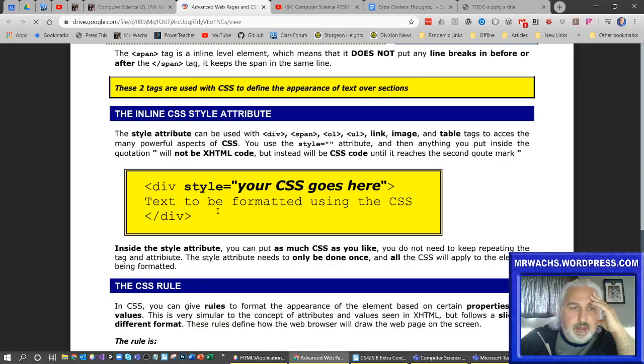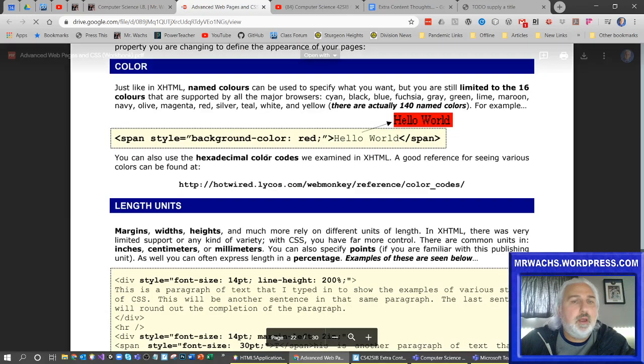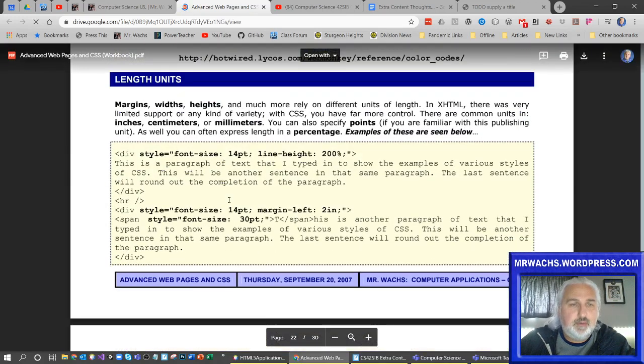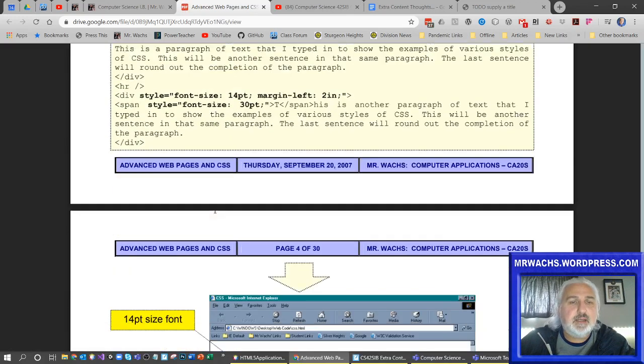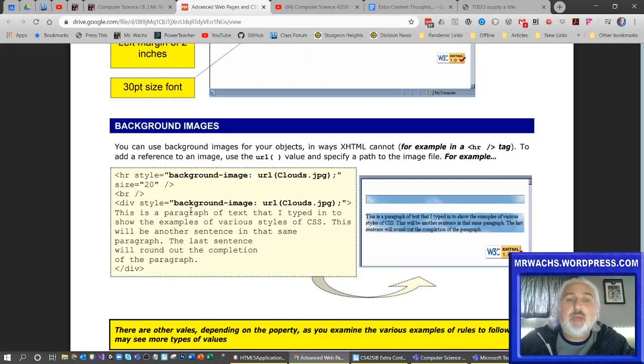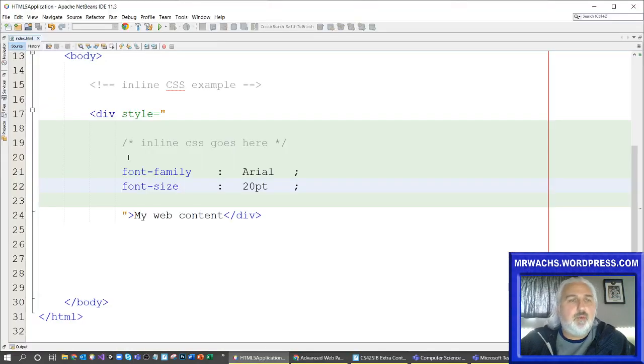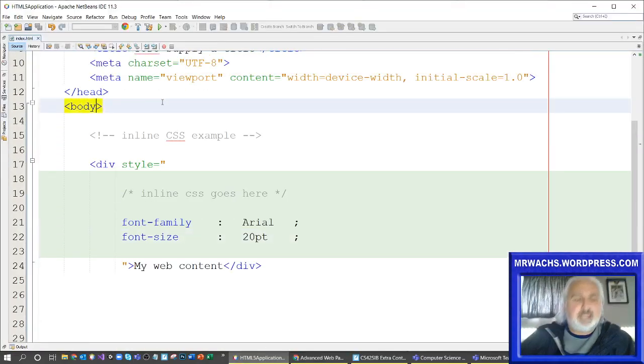And here you can see the style with the CSS going there, the idea of the rule. And here's just a whole bunch of stuff that can go with that. So, for example, color is something you can do. Style, font size, which we already talked about. You can do line spacing. You can do images, like background images. And actually, let me do one right here. I'm going to change the body tag. I'm going to add a style attribute. I'm going to change the